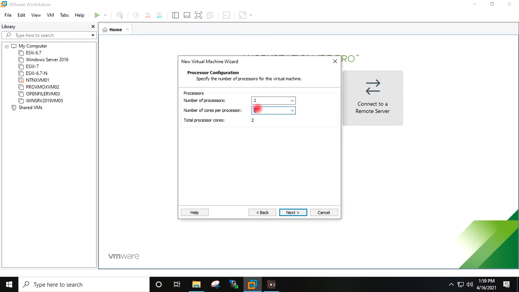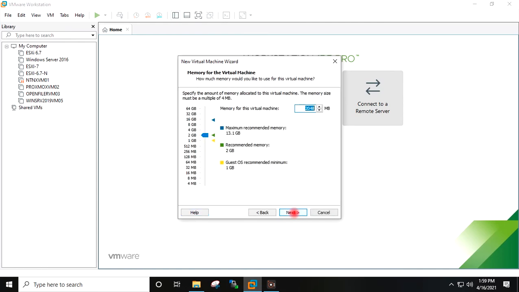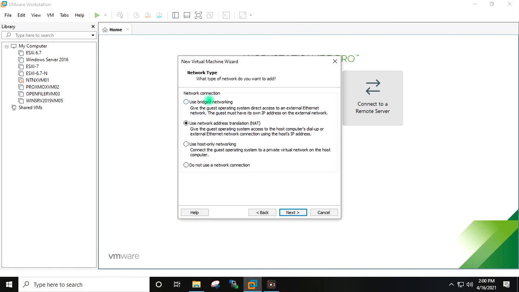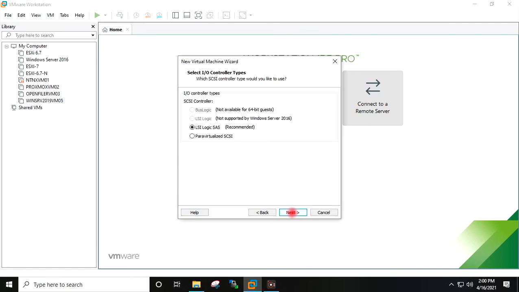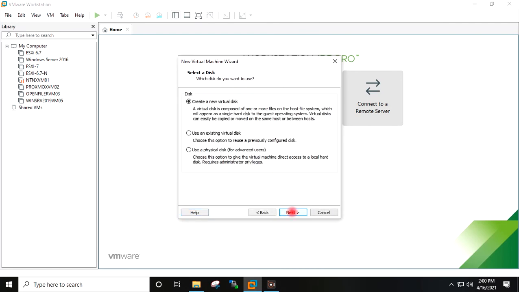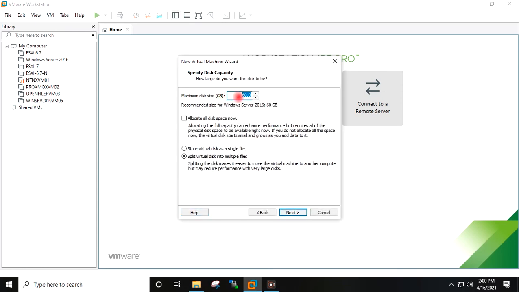I will give the processor and RAM size here for the virtual machine. I will give the hard disk size for the virtual machine.